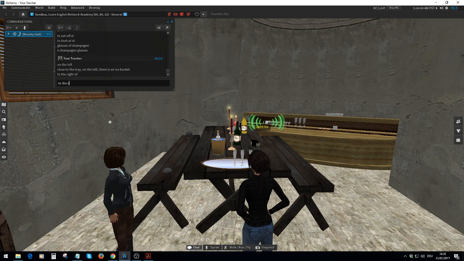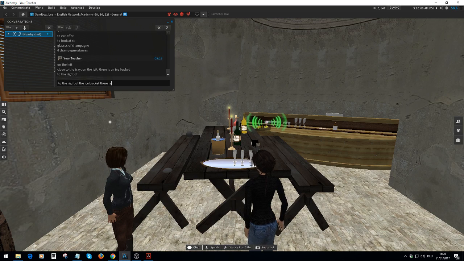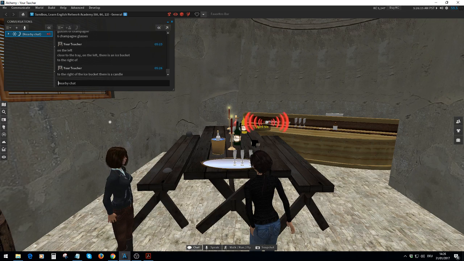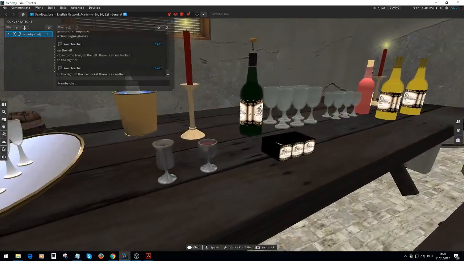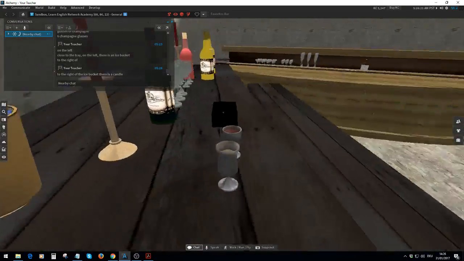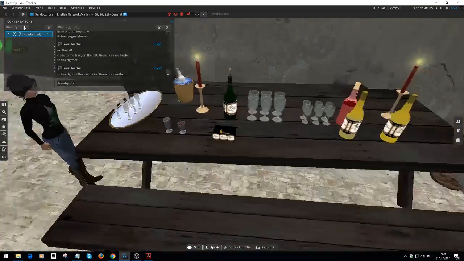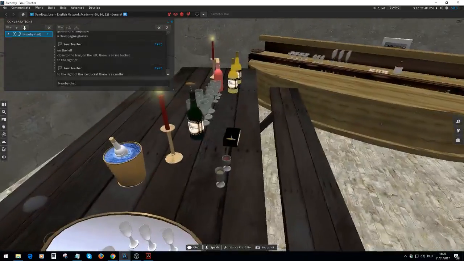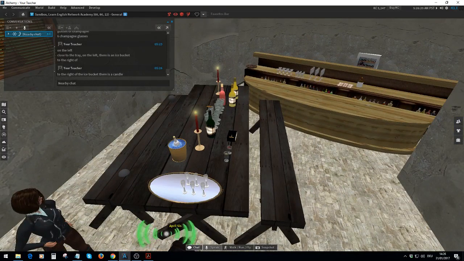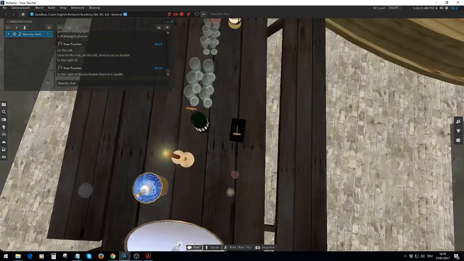Yeah. Okay. And then to the right of the candle, there are 2 glasses and what is that? A box. Yeah, and a box. What's in the box? In the box, I see